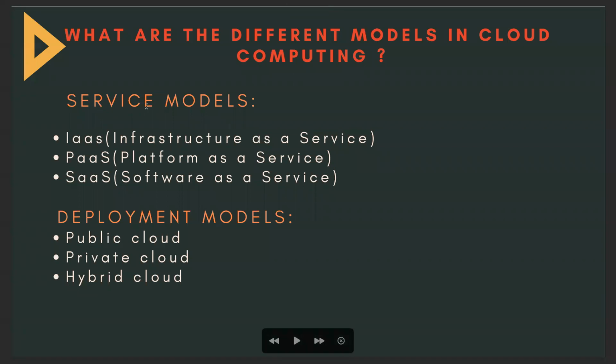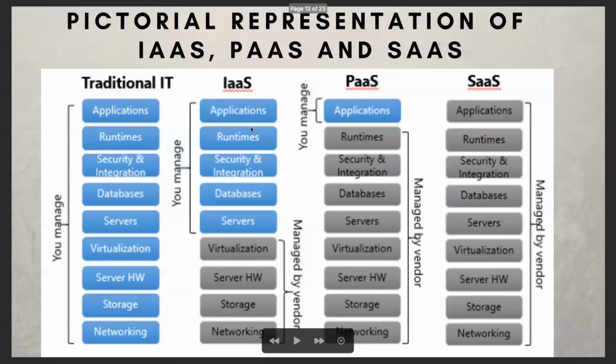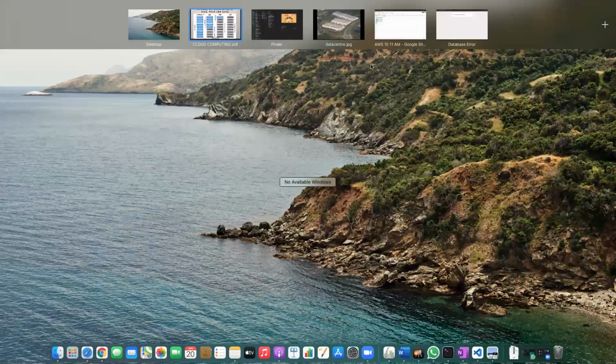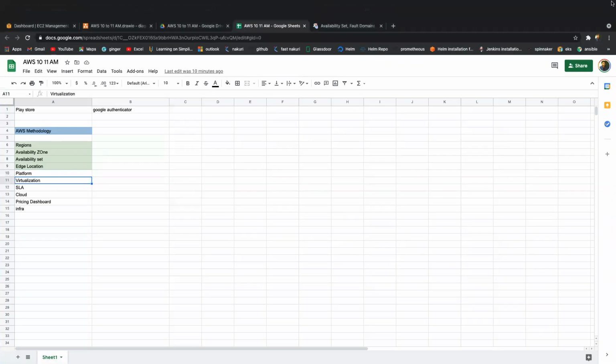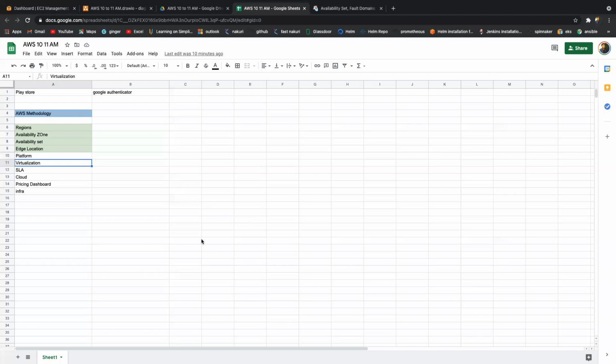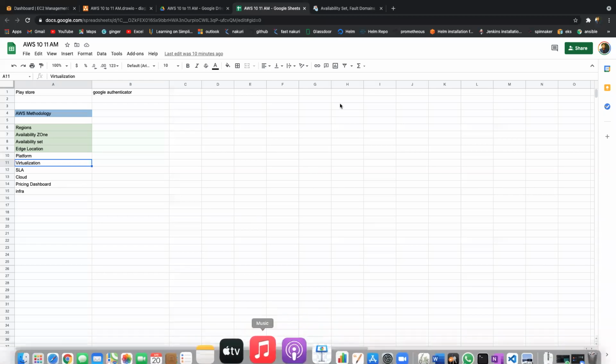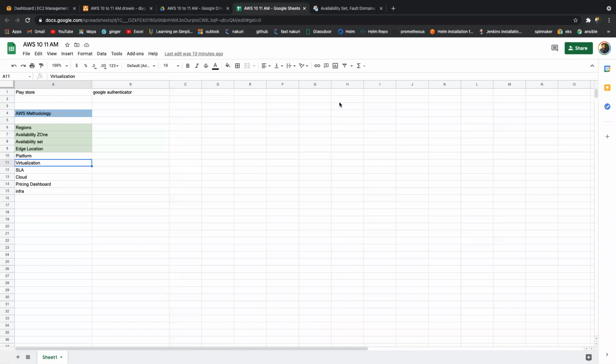We are understanding the service models. With IaaS we have shared ownership; with PaaS, single ownership; with SaaS, we don't have ownership. This part we have already understood. Then we need to understand the virtualization pattern: what type of virtualization AWS uses. Virtualization has two categories: one is bare metal, the other is non-bare metal. Let us try to understand this tomorrow, and complete the rest of the theory.